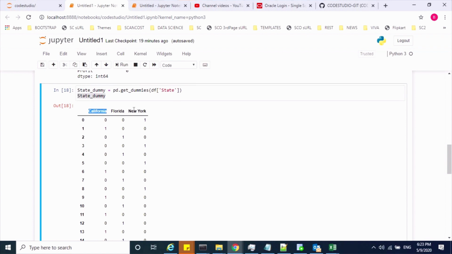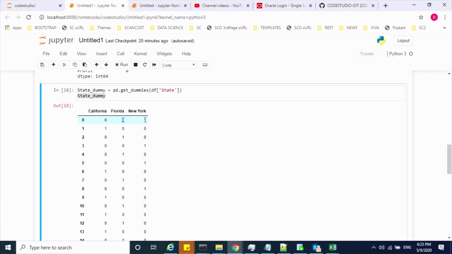Let's see how. Let's take an example of this case only. California will be indicated by the 1. This row has California as a state, and for New York this one will be 1, for Florida this one will be 1, right? Now suppose I take only these 2 features, and we try to find out which record will belong to California.